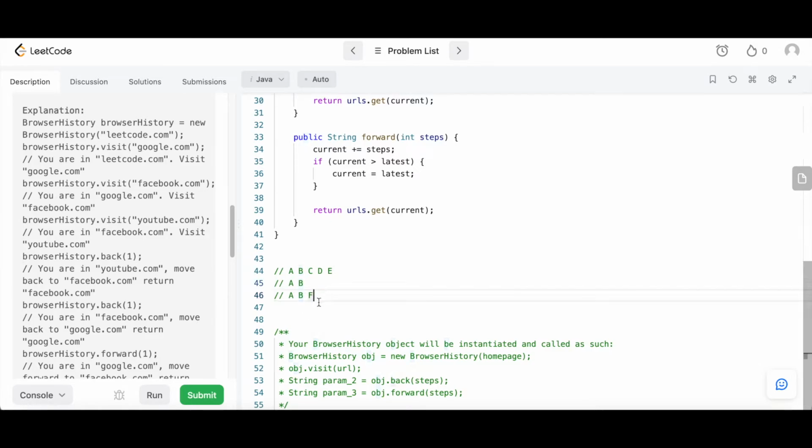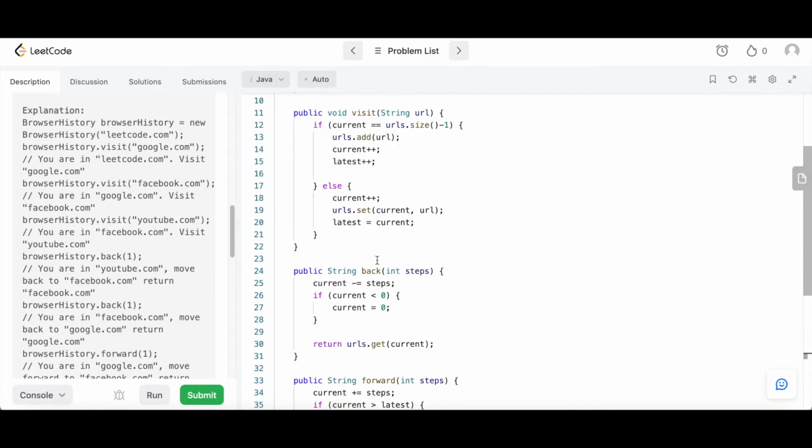On the other hand, when we visit another site, we want to override the existing history with F, right? But we should also know that if the current data structure is at max capacity, we need to add more capacity to it. Instead of overriding, we add a new one at the end. So based on what we discussed, the very efficient data structure we can use is an array list, because it